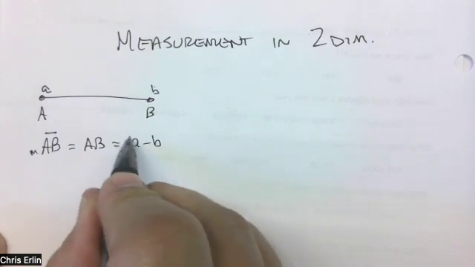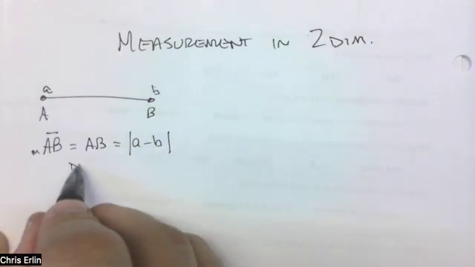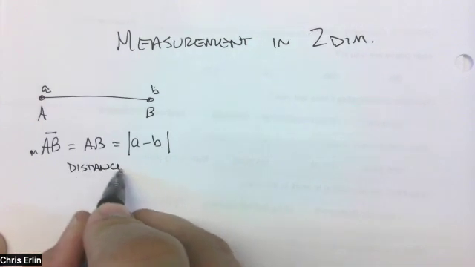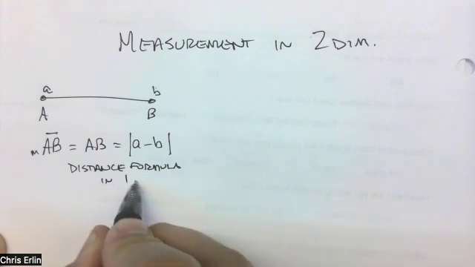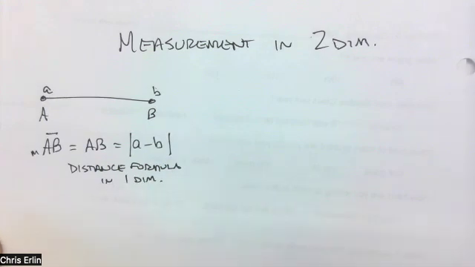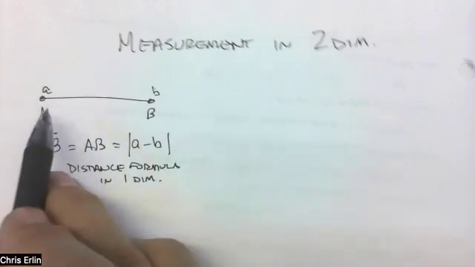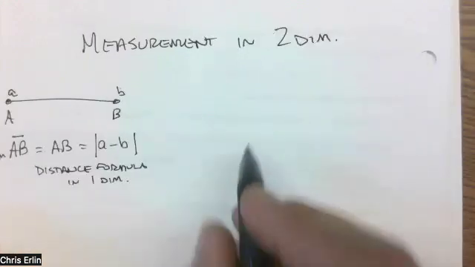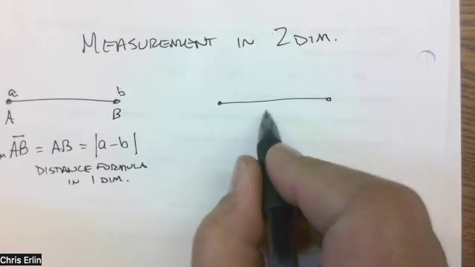Because we don't know which one is bigger, we put them into an absolute value, and this is called the distance formula in one dimension. It only works if you're going along a number line where you've only got one number to worry about at each point. We also found the midpoint formula, which said that